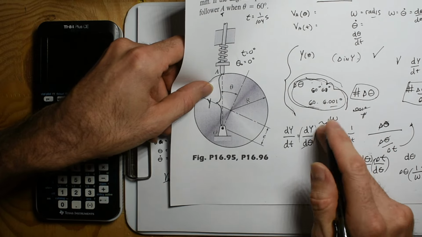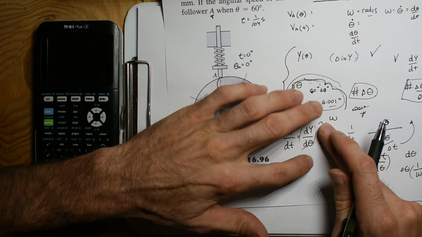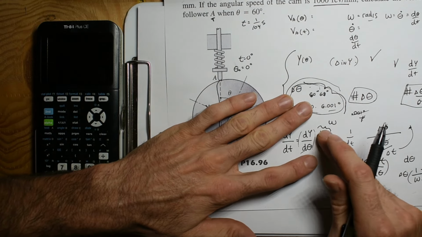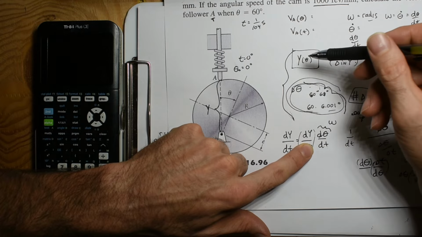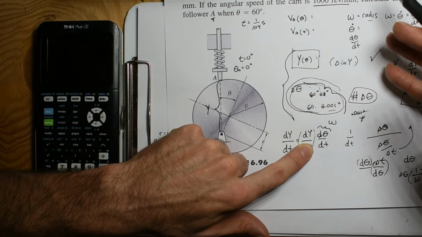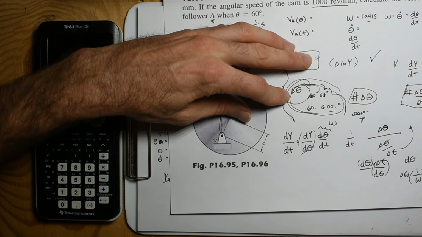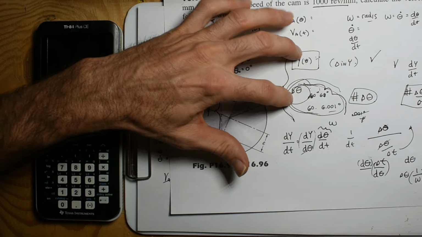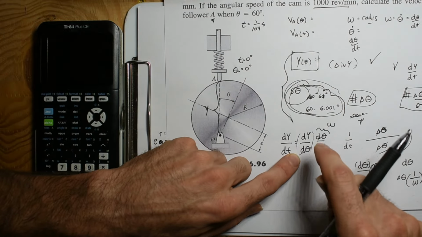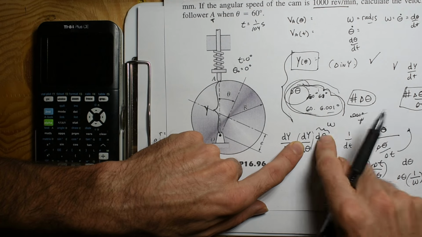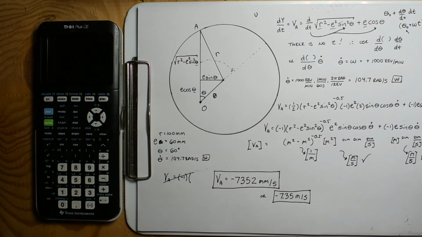This does not give us the angular speed. It gives us kind of this limbo part. You know what I mean? Initially in part 3, we found the change in y, cool, and then we knew the change in theta, cool, and we used that to find the change in time. So those 3 components are what we put together. Chain rule is no different. Change in y, change in theta, and then the angular speed. Okay, so